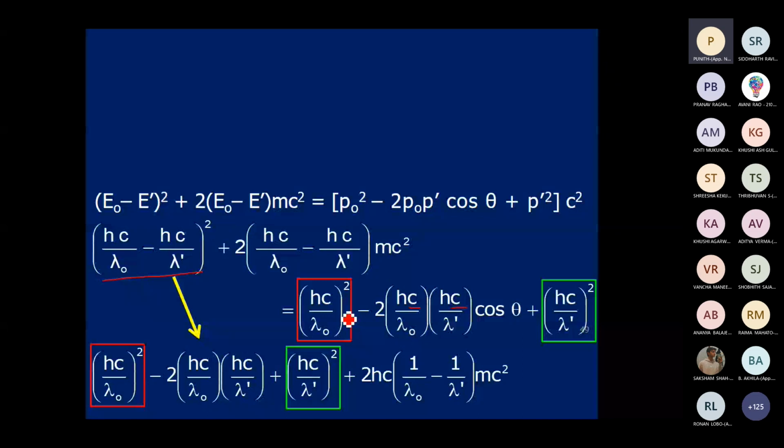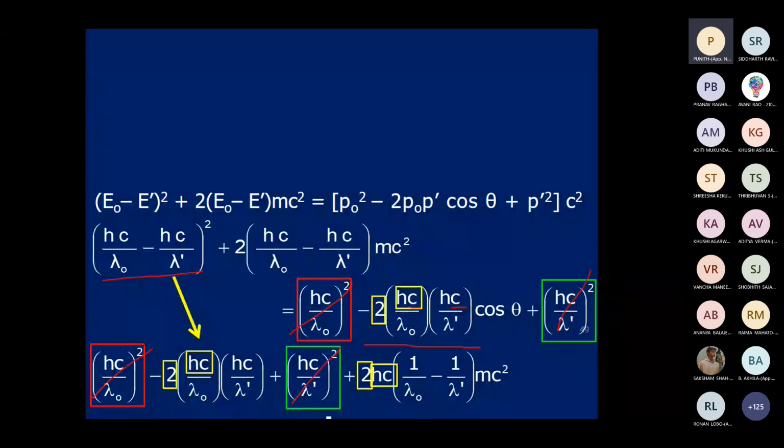These have a common factor of 2hc squared, but this term doesn't have hc squared, so we'll take 2hc as the common term. From these three terms, we'll rewrite the equation. You have three terms left: one on the left side, one on the right side, and two on the left side. Using this, we can write this as lambda dash minus lambda naught into mc squared. So this is the equation. This term can be written as 2hc, which gets cancelled here, since it is a common term. So the remaining will be 1.